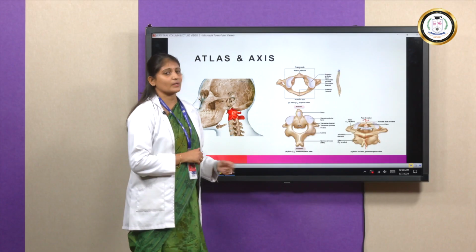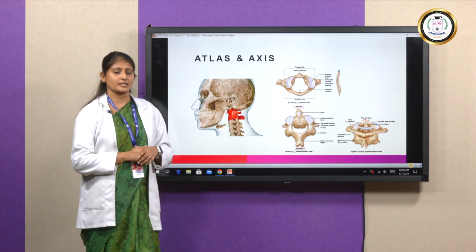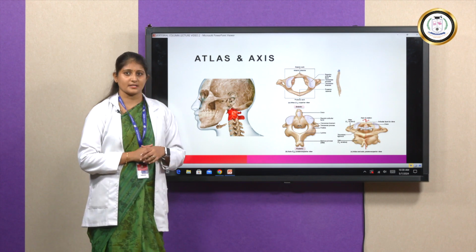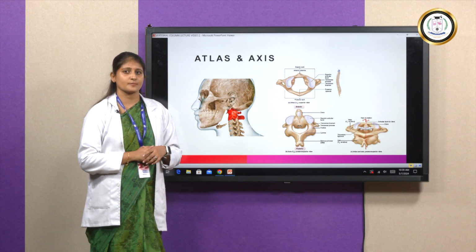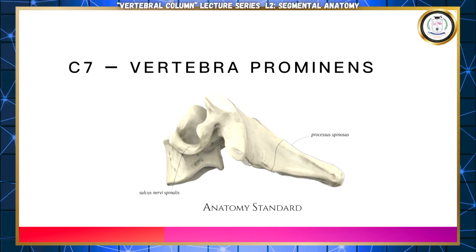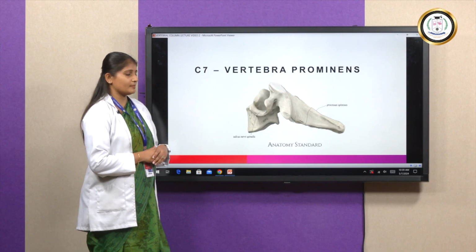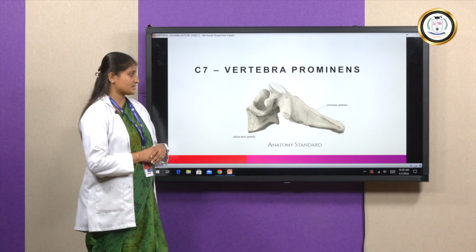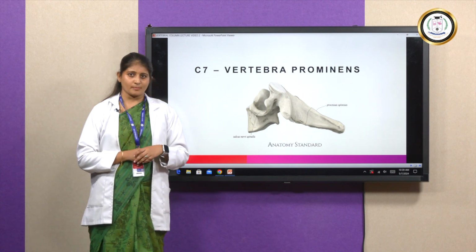These bones articulate with each other, forming the atlantoaxial joint. So here we could see the atlantoaxial joint. This joint is responsible for nodding movements of the head. Then we have the C7 vertebra. This vertebra is also called the vertebra prominens because it has a sharp spinous process and it is an anatomical